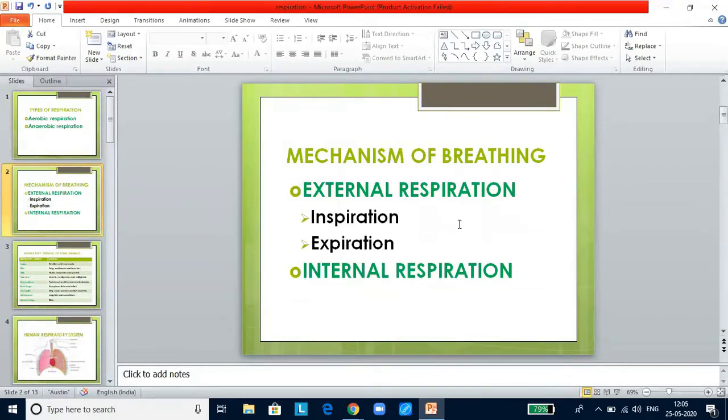Now, respiratory movements involve two phases. One is inspiration, the other is expiration. Inspiration is the process by which fresh air enters the lungs. In this, the diaphragm becomes flat and gets lowered by the contraction of its muscle fibers and increases the volume of the thoracic cavity. The external intercostal muscles contract and pull the ribs and the sternum in an upward and outward direction, and thus the volume of the thoracic cavity is increased. In expiration, the opposite happens,